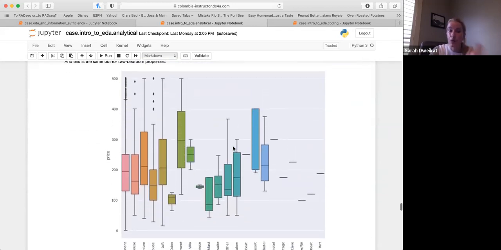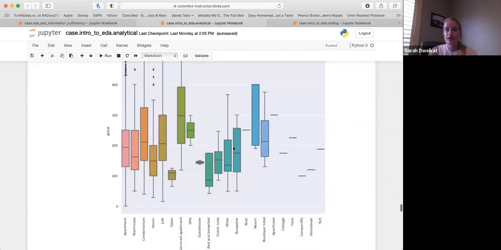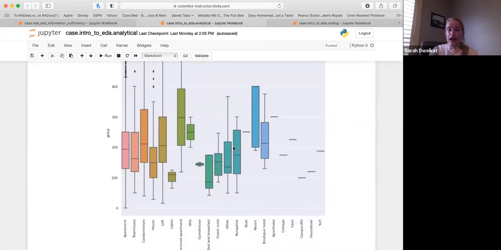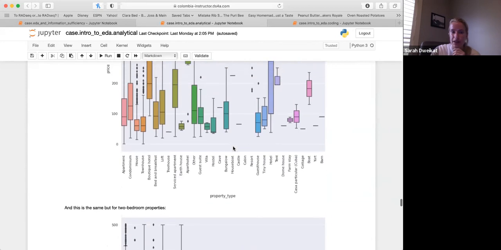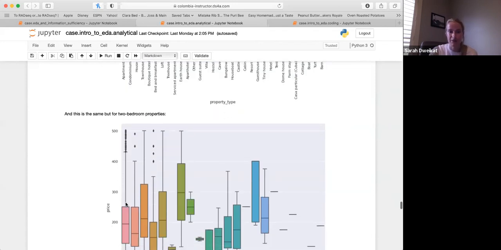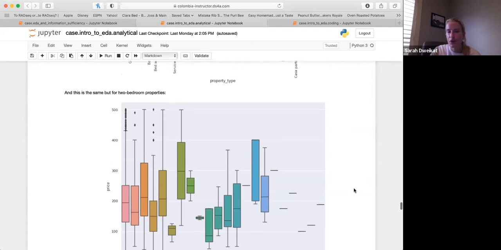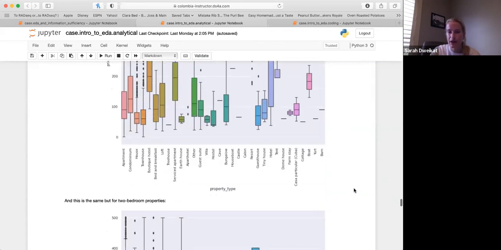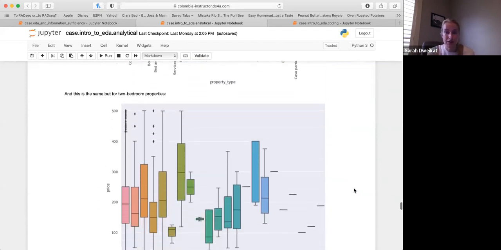we are seeing quite a bit of variation, and this is important for us to note, and could be important if we saw, for example, that for 1 bedrooms, apartments were not very expensive, but got super, super expensive for a 2 bedroom. We don't necessarily see a whole lot of that here in terms of comparisons. We would expect a 2 bedroom to be slightly more expensive.